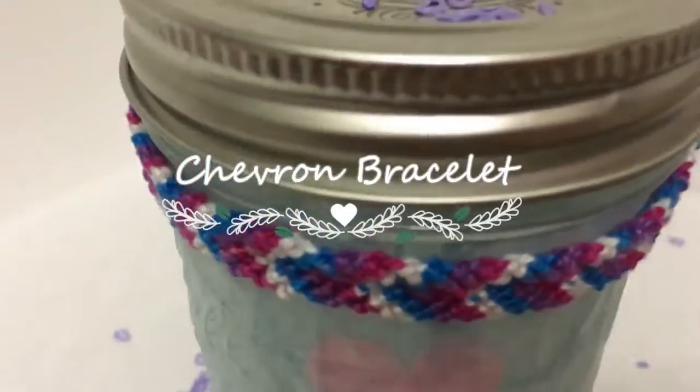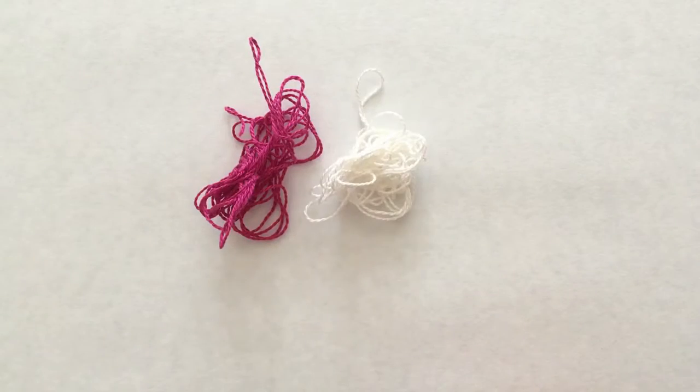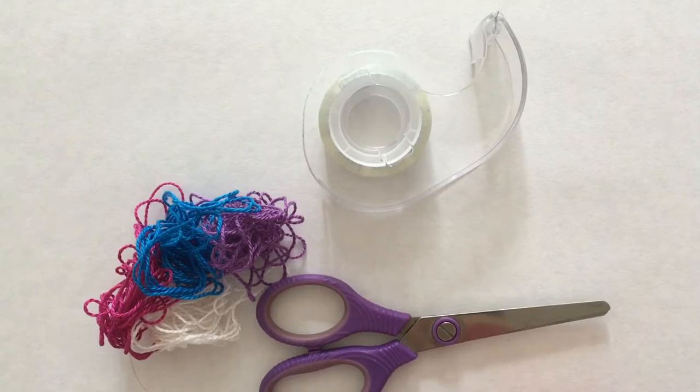Hi everyone, today I'm going to teach you how to make a Chevron bracelet. To get started, you will need 4 of your favorite colors, something to hold down the bracelet. I'm choosing to use tape, but another thing you could use is a clipboard, and then you will need scissors